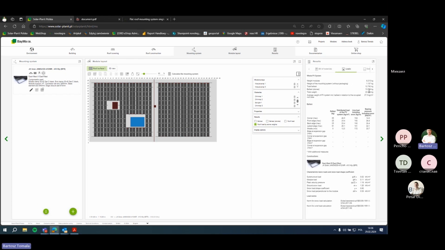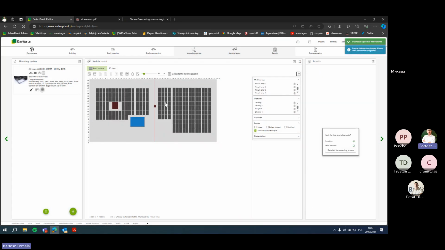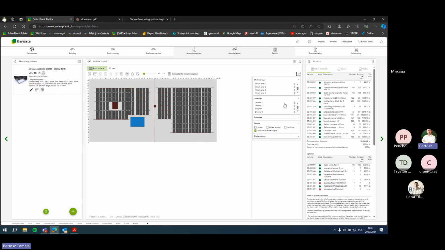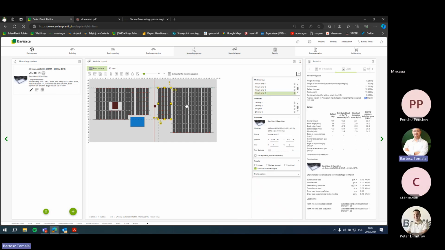But the loads of this construction are different than we had previously, but you can restore the same construction. It was calculated before. And you can see that this value is higher, but we can combine together these two module arrays